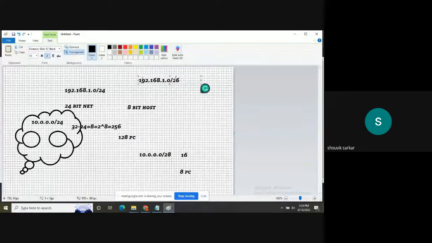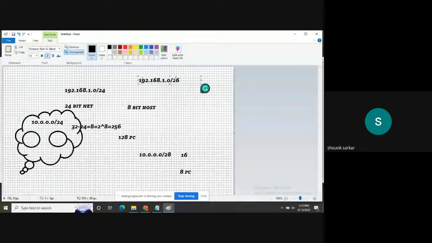So it's very simple: 32 minus 26 is 6. 2 to the power 6, I think, is 64. So there are 64 IP addresses, but one public, one private. So 64 divided by 2 is 32. Is it clear? 32 computers we can allocate. Yes, exactly. So 32 computers. But the thing is that now if we need to write the IP address of the public cloud,